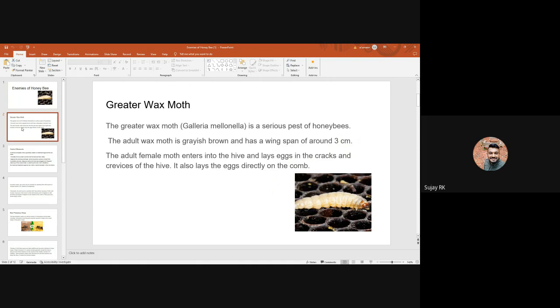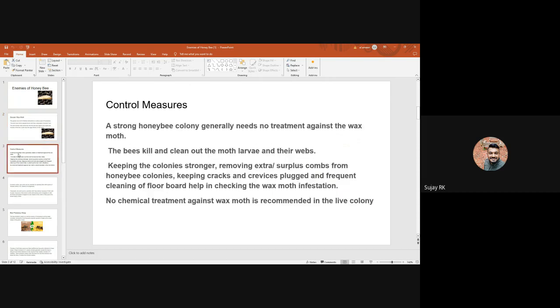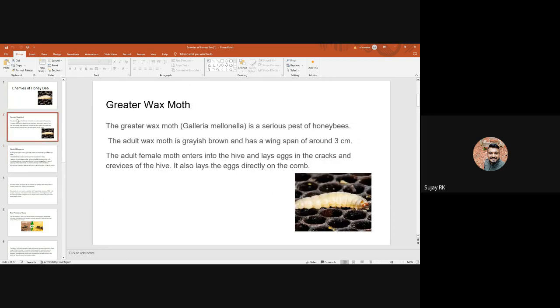नेक्स्ट, ये ग्रेटर वैक्स मॉथ है, ये बी हाइव्स को अटैक करता है। बी बॉक्सेस में जिधर जिधर ब्रेकेज होता है, वो जगह मिलने पर वहाँ जाके अंडा डालता है। कूम के अंदर भी अंडा डाल के वो रिप्रोडक्शन करते हैं। तो उसकी वजह से बी कॉलोनीज का वीकनिंग होके हनी का प्रोडक्शन कम हो जाता है।